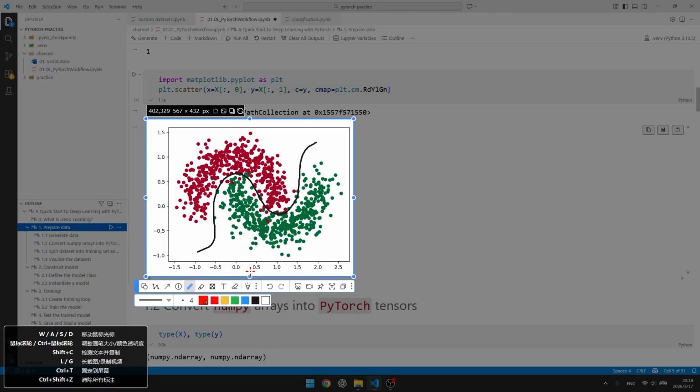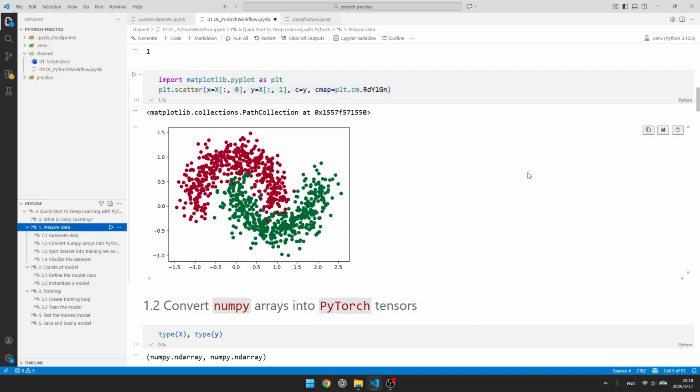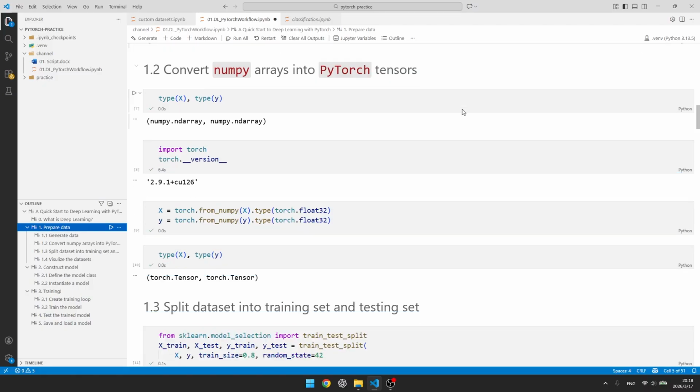If a new dot falls in here, we will predict the new dot as red. And if a new dot falls here, we will predict it as a green dot. But how can we do that? Alright, that's the magic of deep learning.